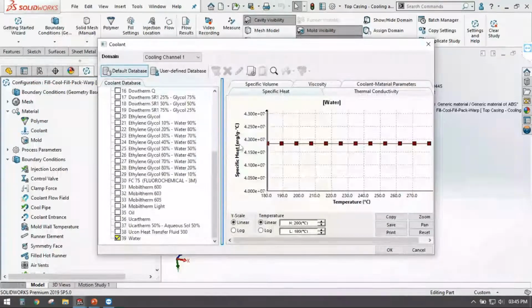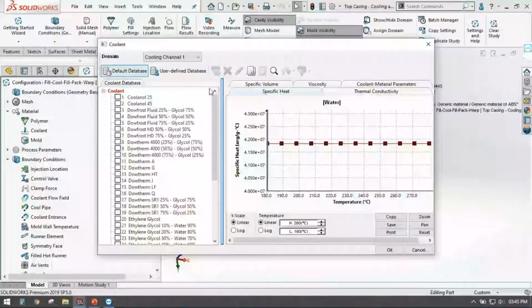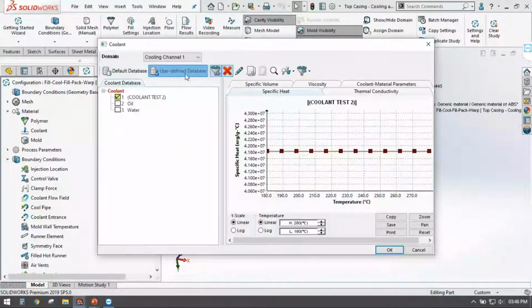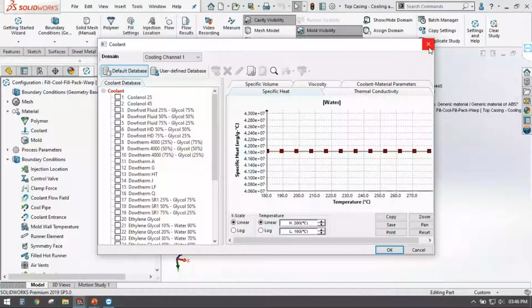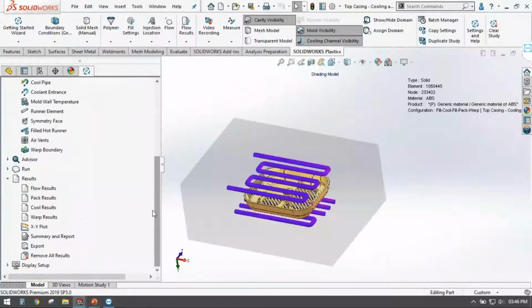If I open my coolant database, it is the same as I showed you for plastic. For the mold, you can even create your custom coolant if it is not available in the standard database, right?